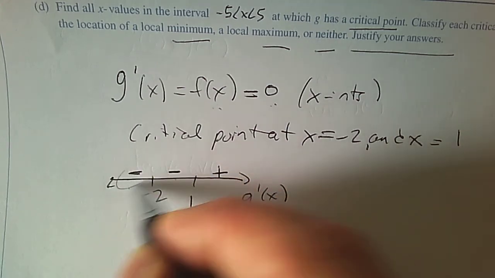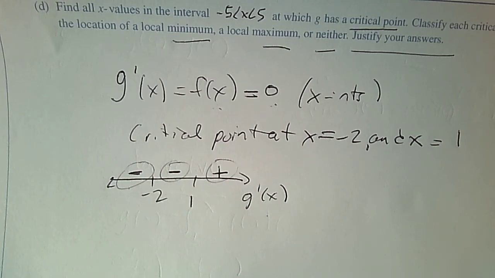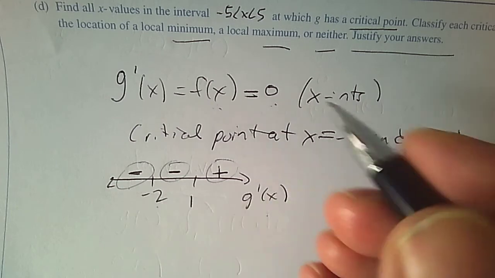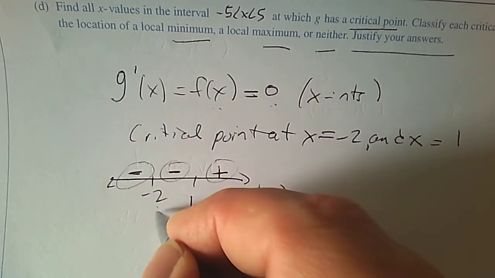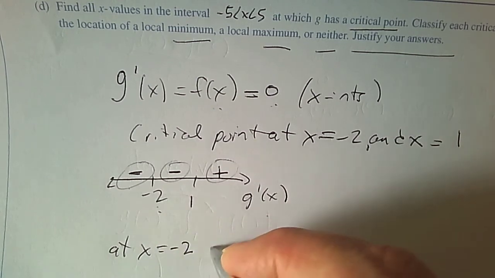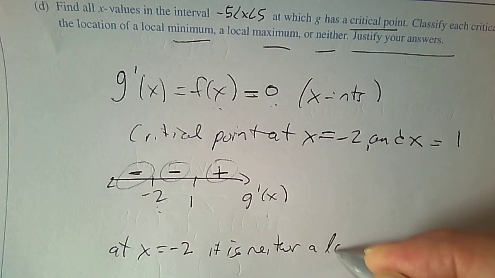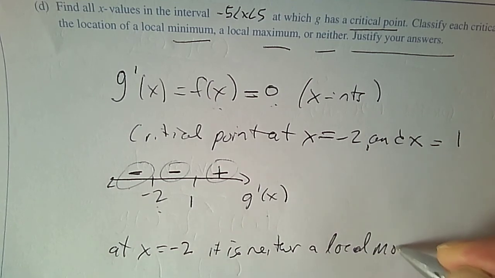This tells me decreasing, decreasing, and increasing for the function g. So if I want to know at -2, is it a minimum, a maximum, or neither? You can now see at x equals -2, it is neither a local max or minimum